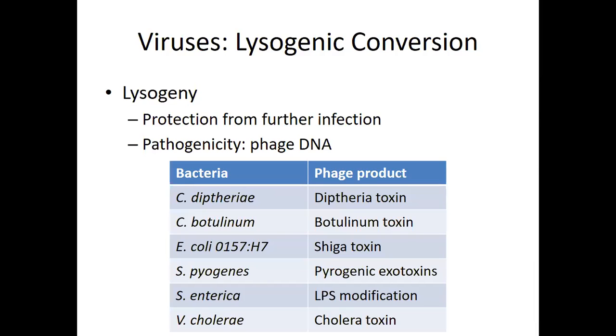Pathogenic E. coli has something called the Shiga toxin, which can cause a whole slew of issues. You can look those up if you want. S. pyogenes has pyrogenic exotoxins, so things that cause fevers. Vibrio cholerae has the cholera toxin. And so it turns out that we know these are bad bacteria. We know they cause issues. What's interesting is that the issues that they cause are actually from viral infections way, way, way back in the